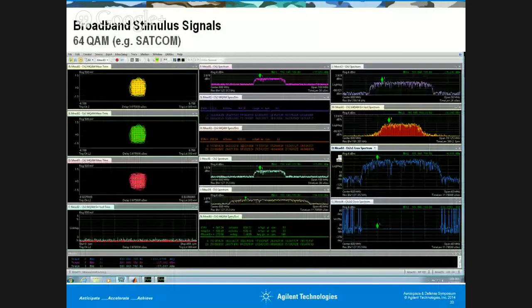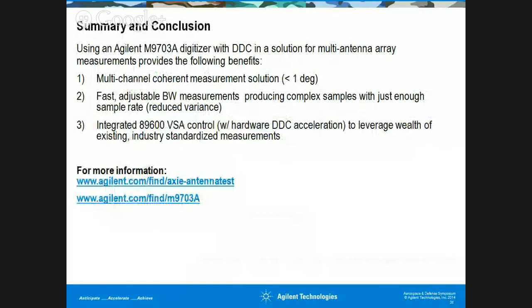This is an example shown for the SATCOM 256 QAM signal. So just to summarize, the Agilent M9703A digitizer with the digital down converter can be a solution for multi-antenna array